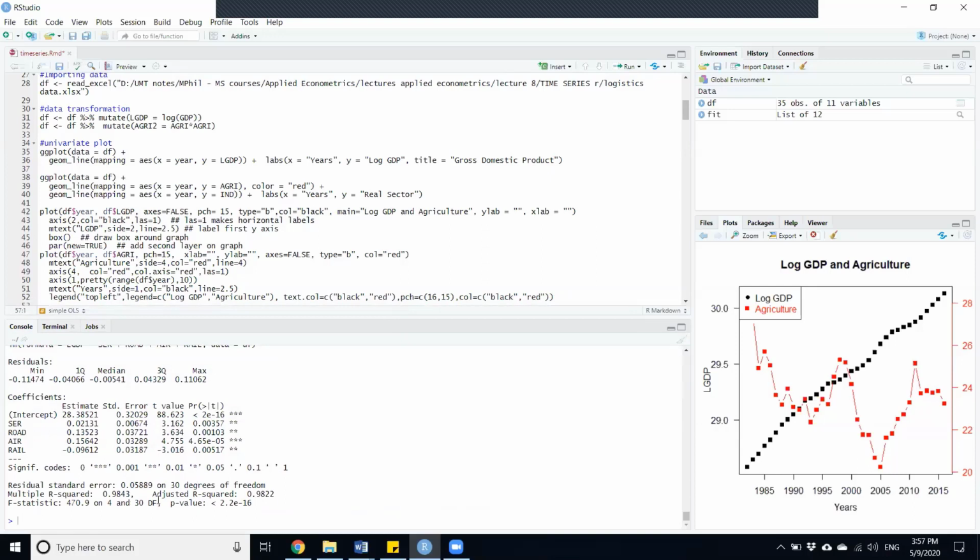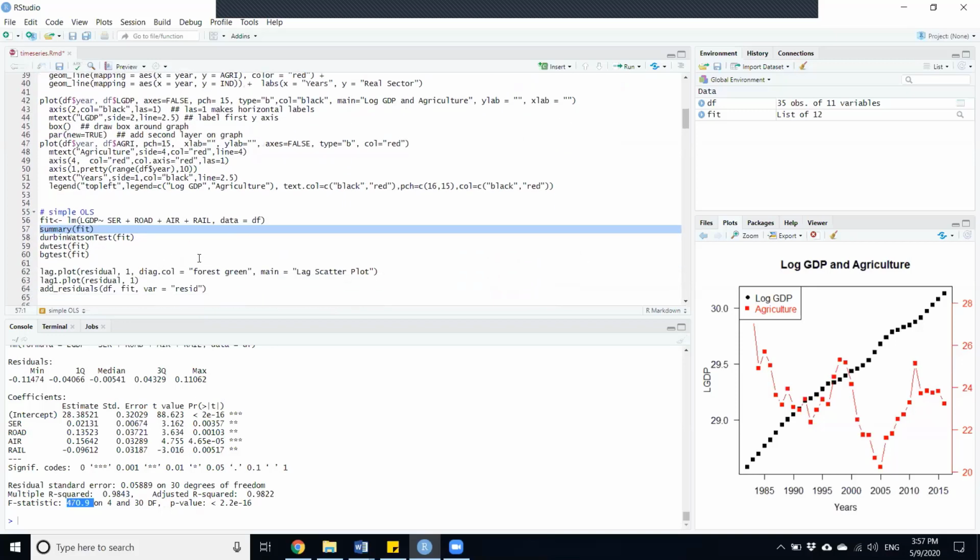In time series, you will tend to notice that R square is usually very high, around 98%, and the F value is usually very high because the variables are moving in time jointly, so they tend to have high F tests and high R square values. It is showing that all variables are positively affecting, other than the real variable, which is actually decreasing in time. That's why it has a negative effect. So this way we can estimate the regression now.